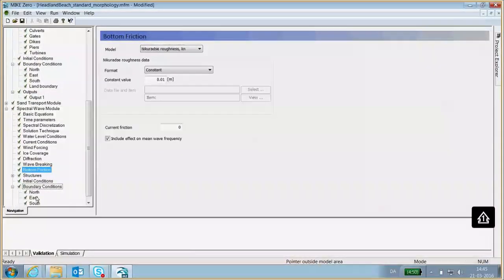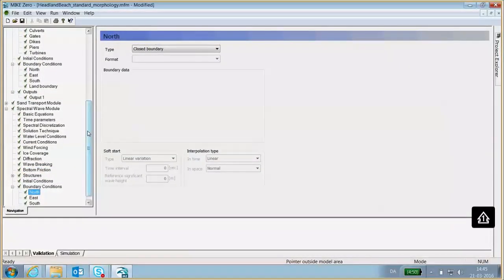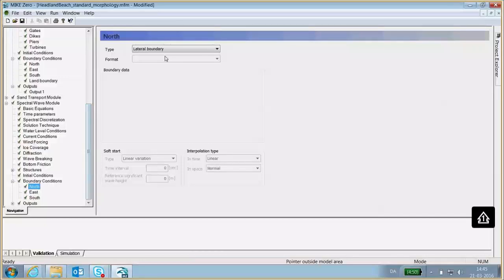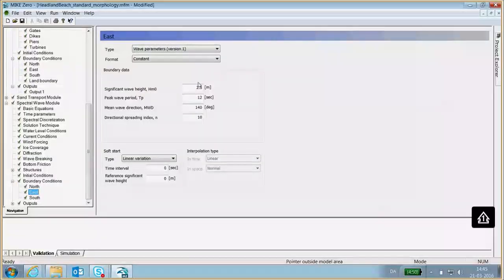Now for the boundary conditions, that should not be a closed boundary, that should actually be a lateral boundary. So we just change it to that, so lateral boundary on the north and also lateral boundary on the south. And then on the east boundary, we will supply these wave conditions that you see here. So this is just constant wave conditions,